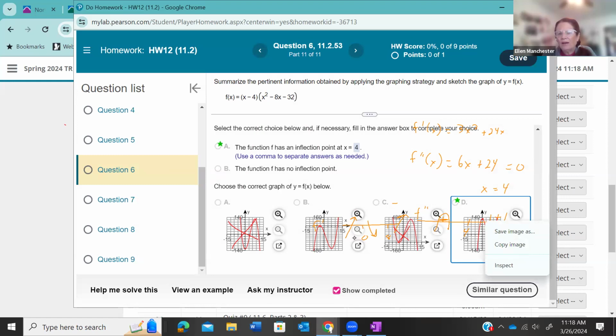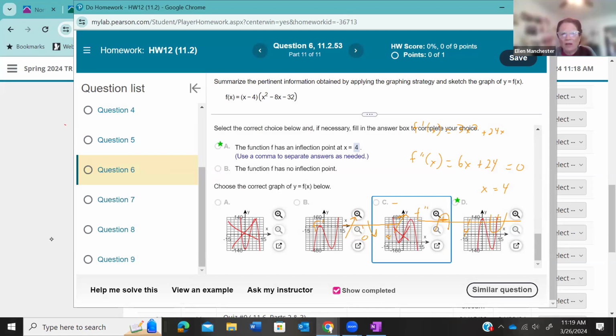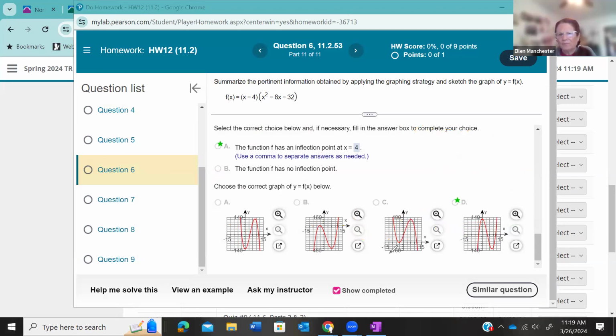So with the graph, it's a matter of just kind of eliminating what you know for sure is not true. And it's all based on your test charts. So that's kind of the key for this one, is getting both test charts done and knowing, all right, if I'm looking for x-intercepts, I set it to 0 and solve. If I'm looking for y-intercepts, I replace my x with 0. And then it's just a matter of first derivative, second derivative. Okay? So hopefully that helps a little bit,